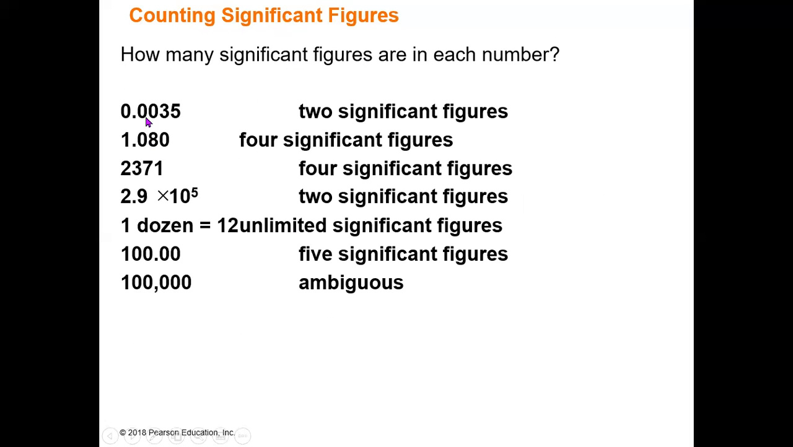Okay, so the first one, 0.0035, there are 3 zeros. These 3 zeros are the leading zeros. They are not significant. Therefore, this has only 2 significant figures. And then this